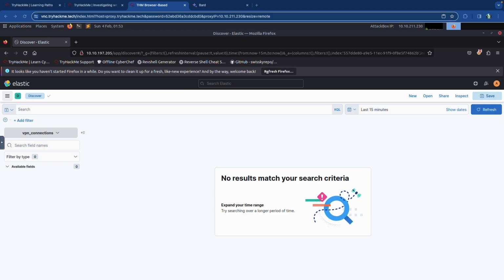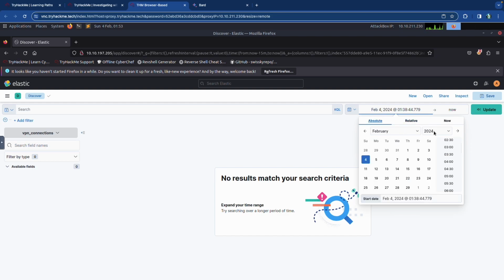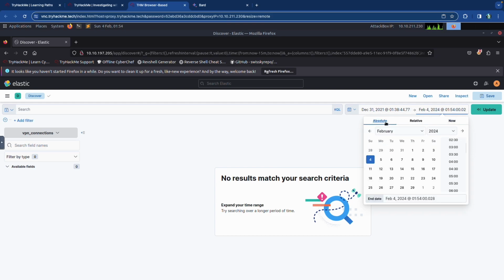So we're going to be filtering from December 31st, which is right here. So we're going to click on that and choose absolute, and I'm going to go to December 31st, 2021. And then here we're going to do absolute again.